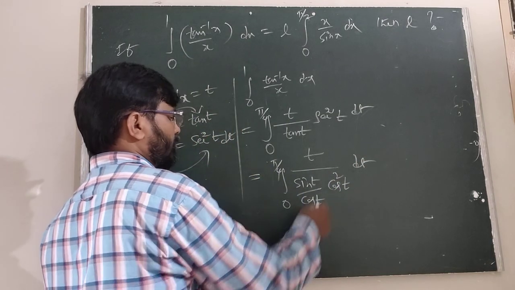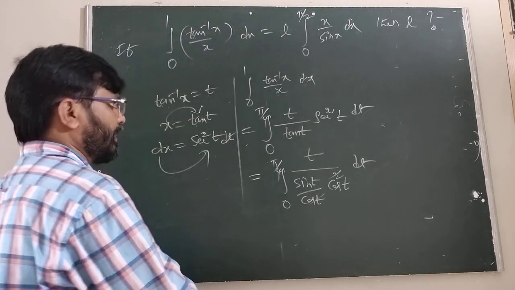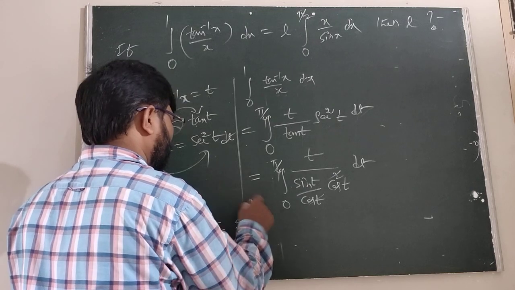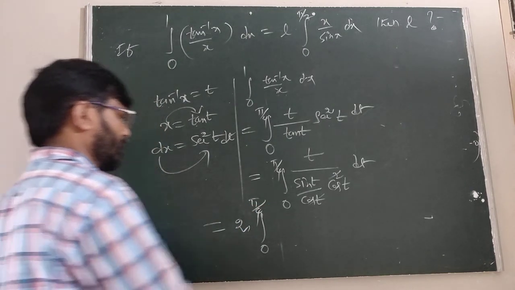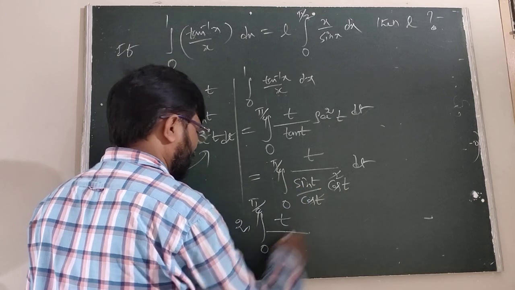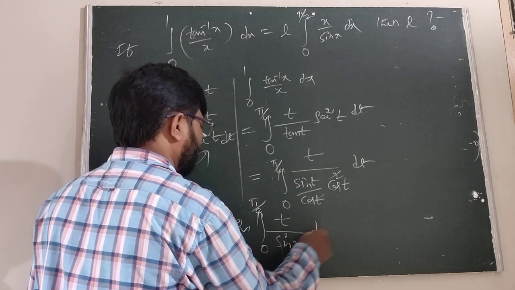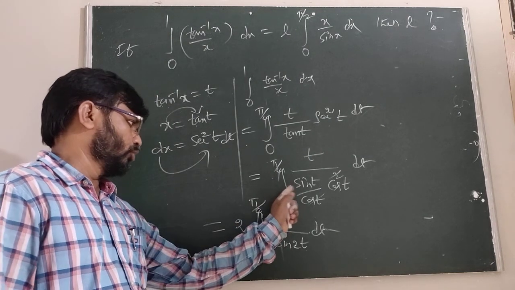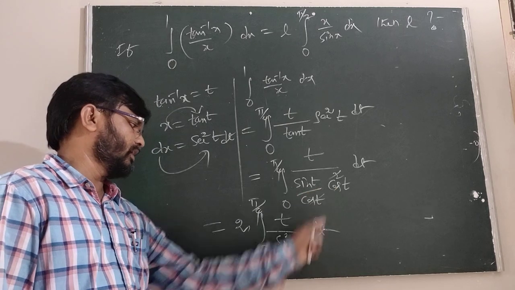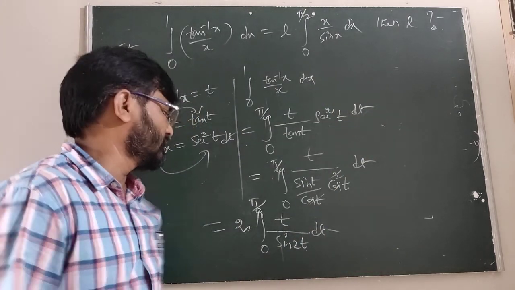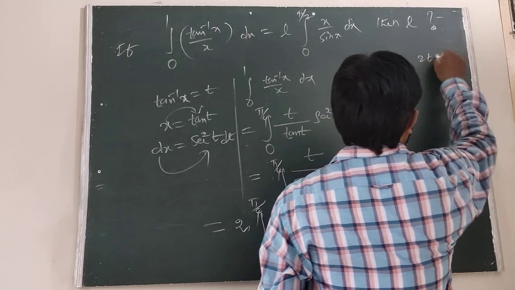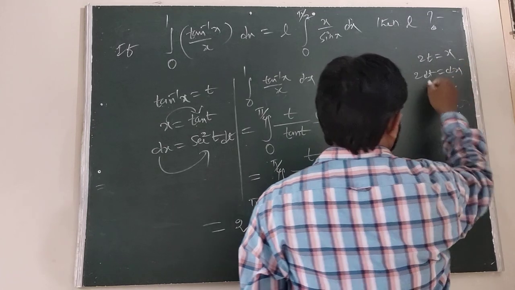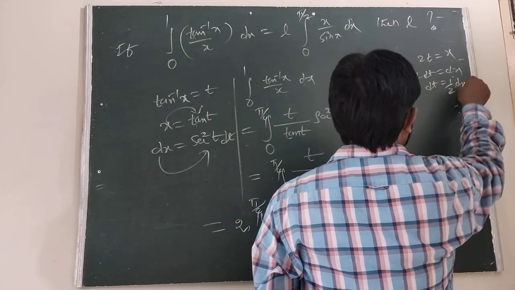The next step is one time cancel. Then we are taking here 2 into 2 by 2. Then it is 0 to pi by 4. All of you listen here. t by 2 sin t cos t is sin of 2t dt. Is it clear how to write this one? Into 2 by 2. Therefore 2 sin t cos t. Sin 2a is 2 sin a cos a. Therefore we can take here 2t equal to x. Therefore 2 into dt equal to dx. dt is 1 by 2 dx.